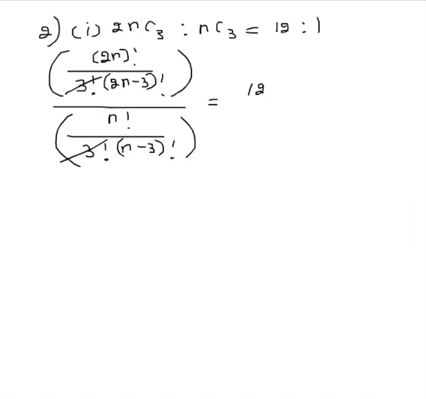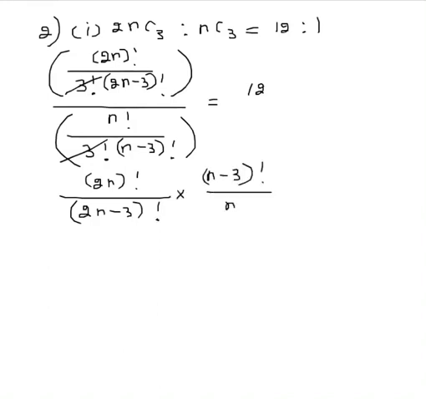Cancel 3 factorial. Let us write the reciprocal of the denominator. We get 2n factorial divided by 2n minus 3 factorial times n minus 3 factorial divided by n factorial